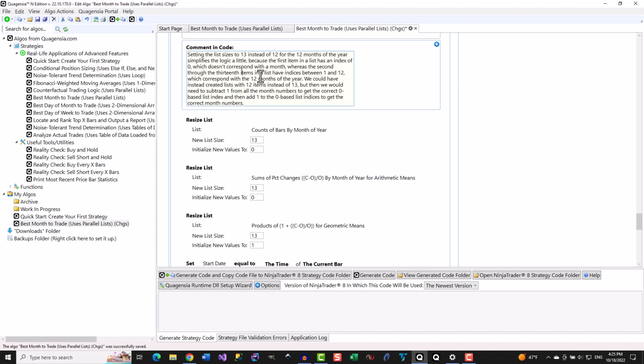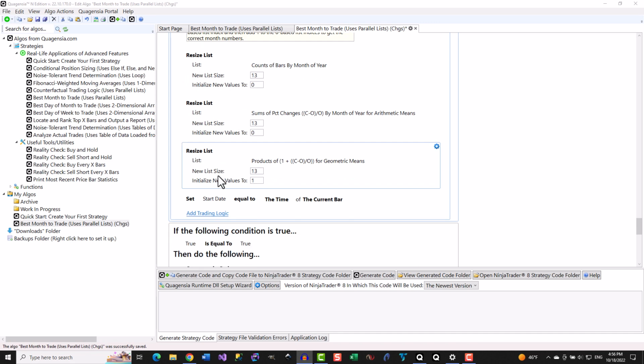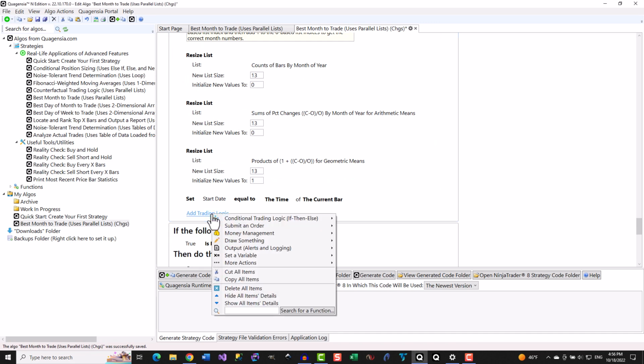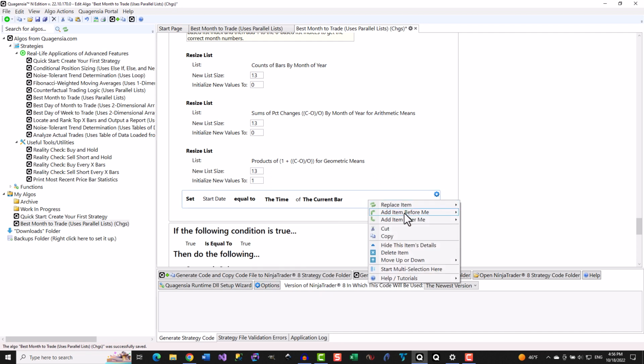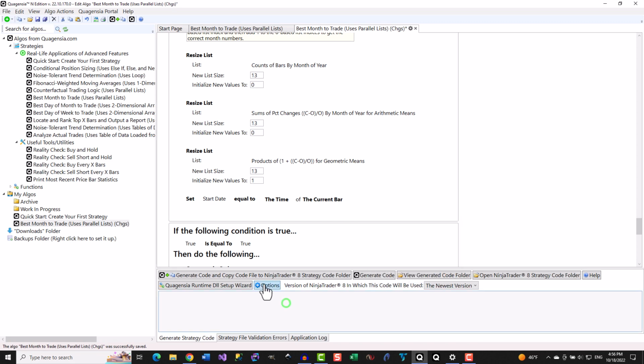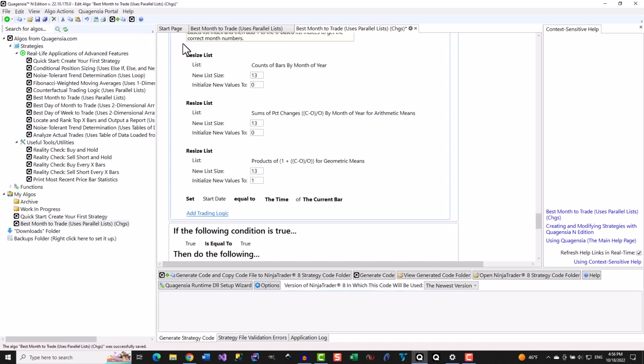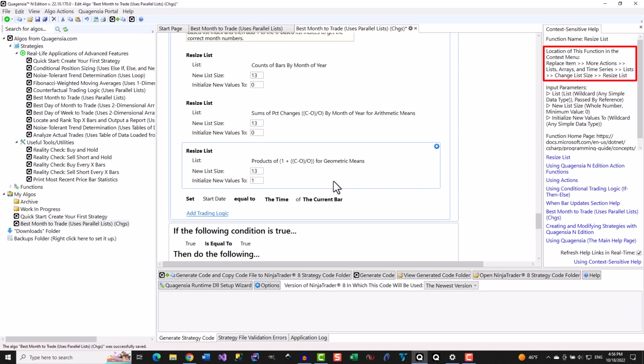To add the resize list function to the logic of a strategy, click anywhere that allows you to add an action, such as clicking the Add Trading Logic link here, or clicking another action and choosing Add Item Before Me or Add Item After Me. Then navigate to the Context Menu subfolder shown in the Context Sensitive Help panel when you roll your mouse pointer over one of the resize list function calls.